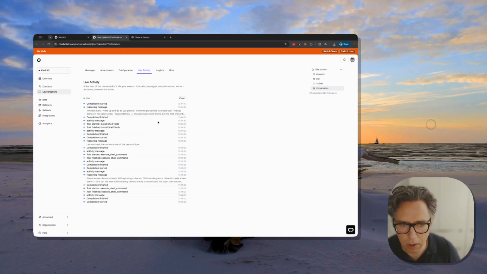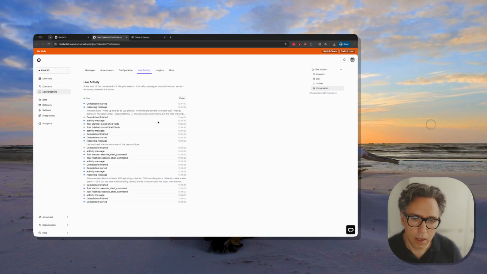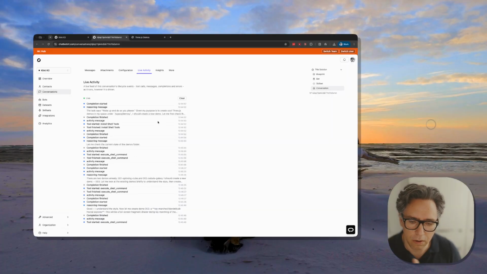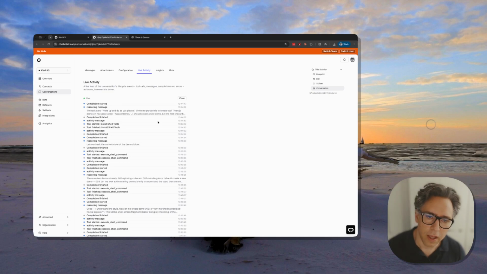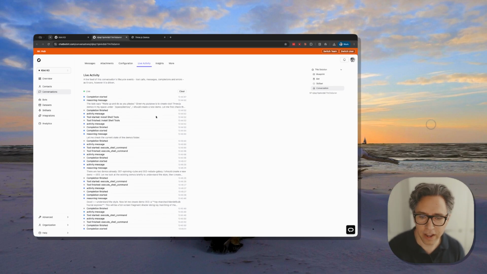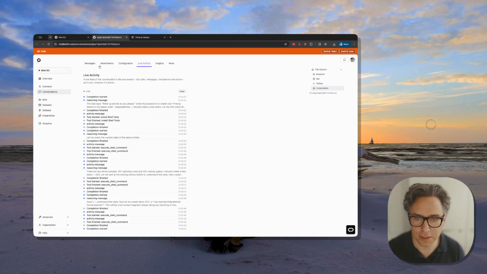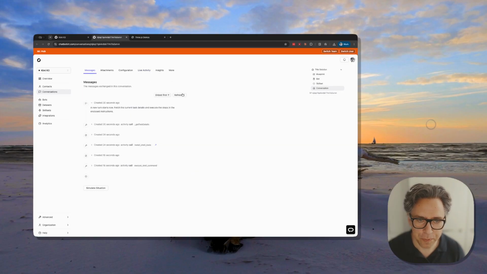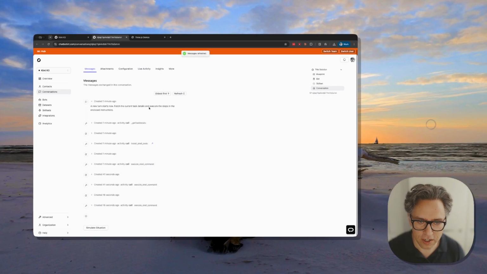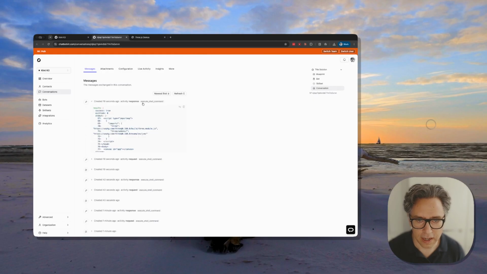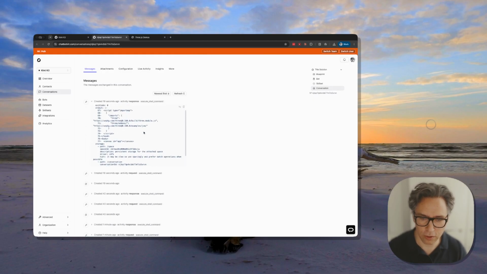So this is a big part of the platform, that we have added a lot of tools and a lot of capabilities to make sure that you have the confidence that this is working. And I can narrate in terms of what's happening here. You can see that it's basically doing some activities. We've got the messages here, they're starting to accumulate, and we can also expand some of these just to see